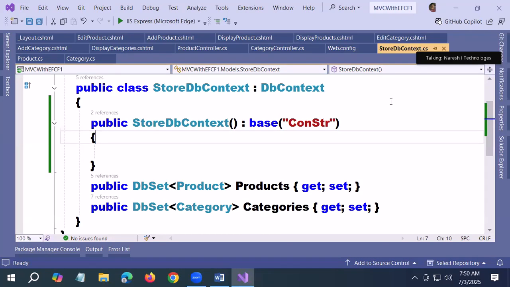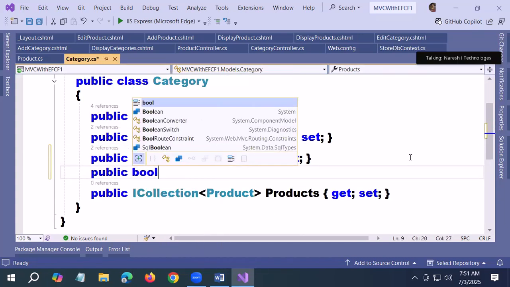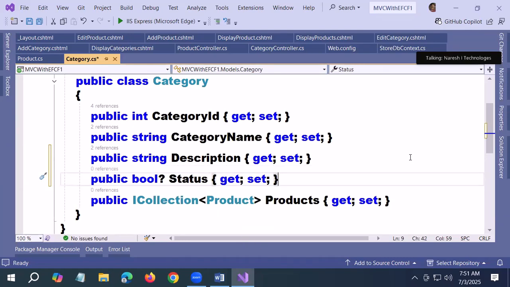But sir, if I make any model changes now, if I add a new property in a model class, a new column should be added to the table now. Yes or not? For example, let me take the category. In category, let us add a public bool status. So now you understood the category class is modified. Now, when I try to run this application,